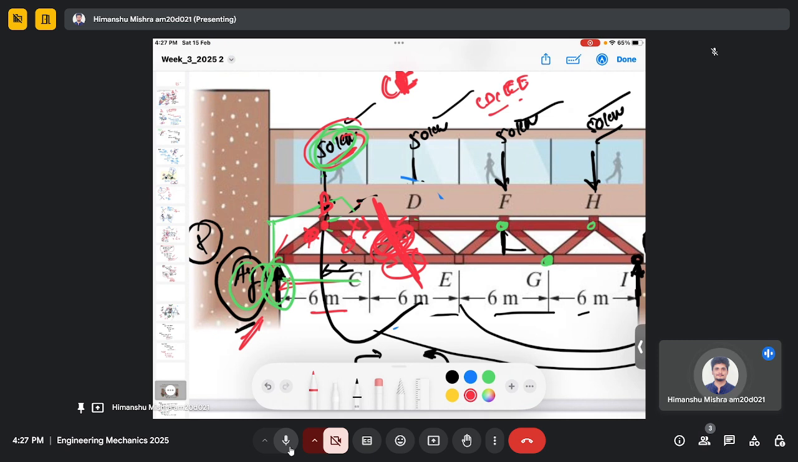So we already now know CE. Now we need to find BD. BD is in the X direction. So now what should we do here? Hmm,